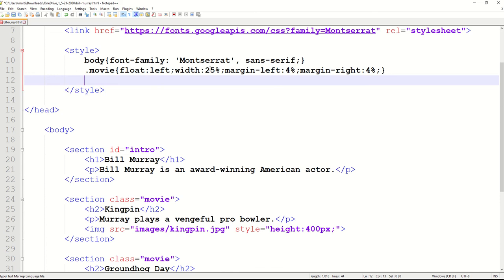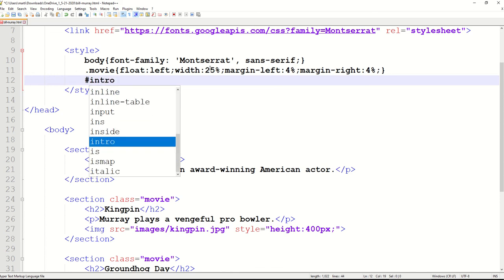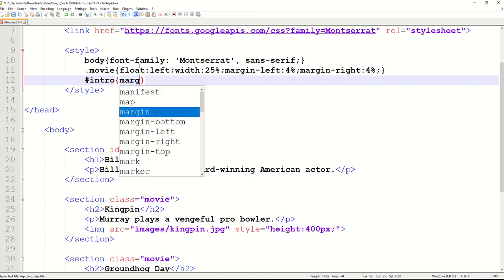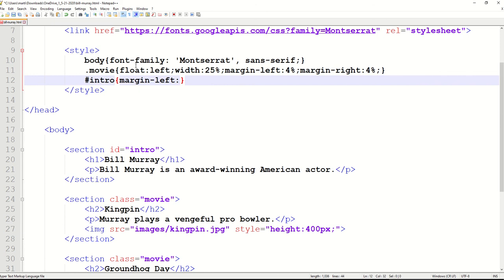You know, what am I doing? Turns out it's quite hard to think through this out loud sometimes. Right, so ID, intro. I gave it an ID. I could have given it a class, but an ID, it's the only one on the page. And let's give it margin left of 4%